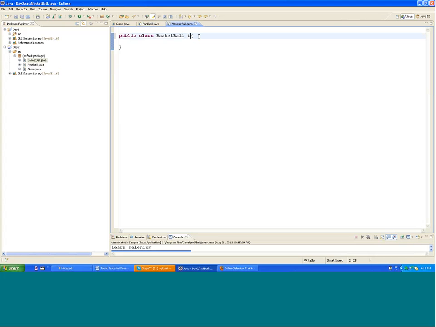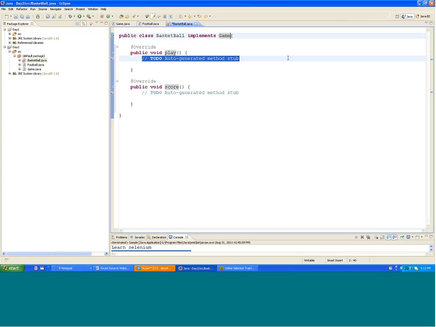I can write over here the basketball also implements the game interface because basketball is a game. Fine. So if you move your mouse over basketball, you will get this option, add unimplemented methods. You can add them, and inside the play function of basketball, I can write playing basketball, and out here scoring in